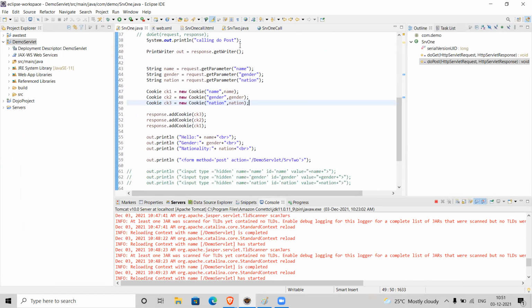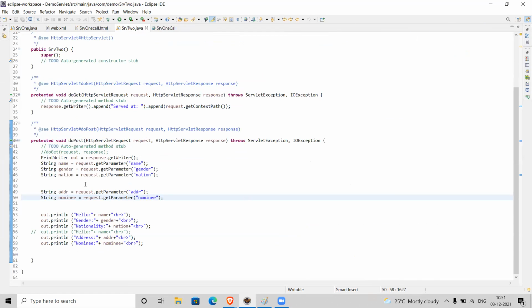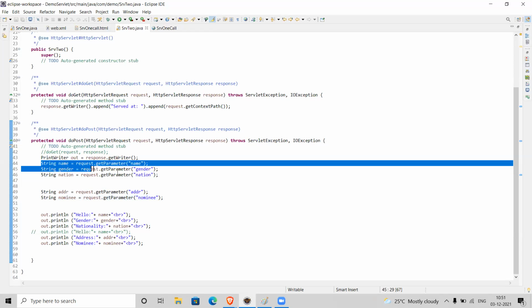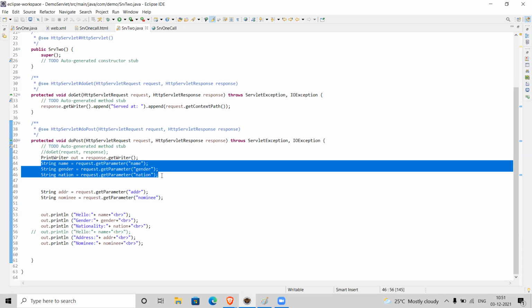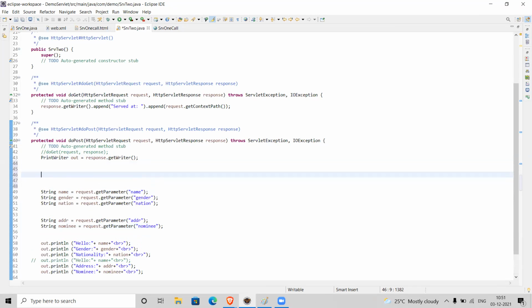We'll complete SRV2 also because we need to read this information, right? Earlier, as we used hidden fields, we used request.getParameter to read that information. But in this case, we are not setting this information in the form of hidden fields. What we use here is a cookie. So to read cookie information from the servlet, we need to implement an API.